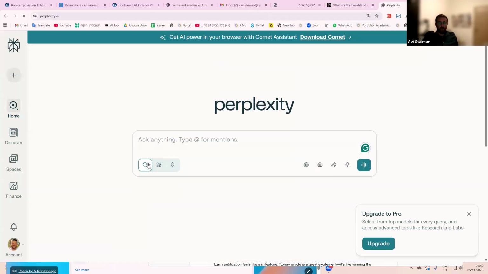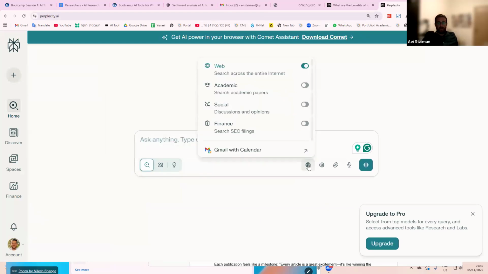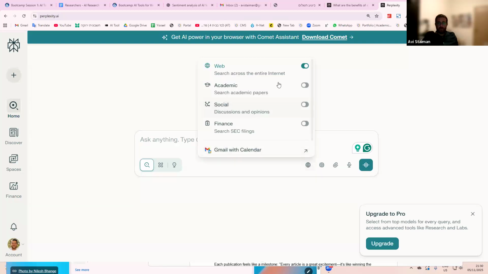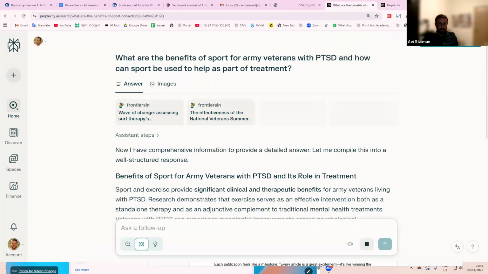Don't forget the two things that I showed you. Number one is move it over from search to research. And then in how you're searching, consider whether you want to be searching the web, academic literature, both the web and academic literature, social or otherwise. Okay, so I'll give everyone just a couple minutes to go ahead and do that. And then we'll come back and I'll explain exactly what the answer looks like and how it came about this answer.